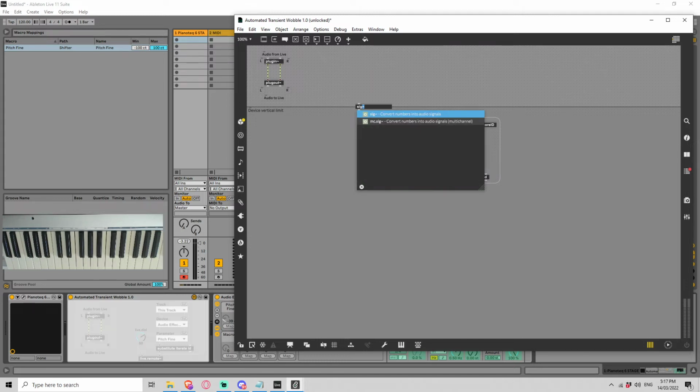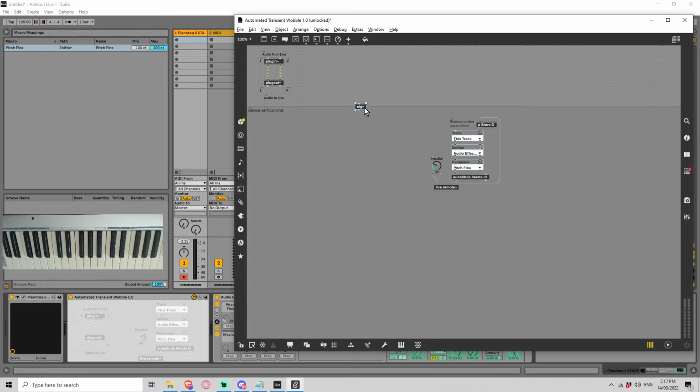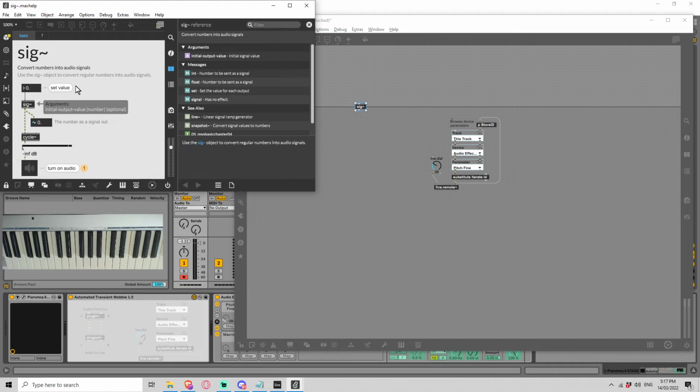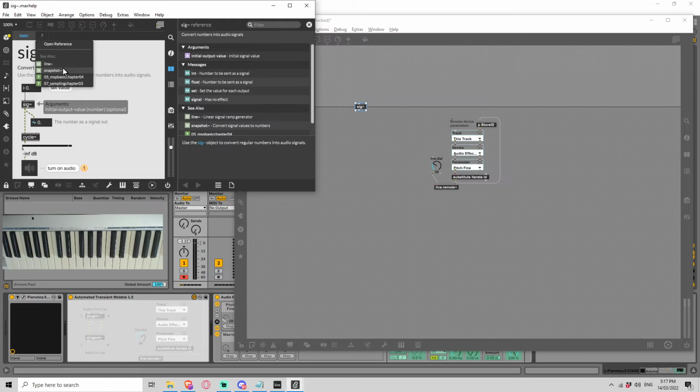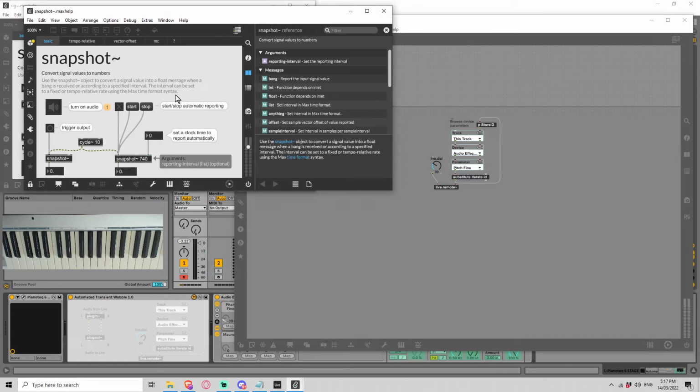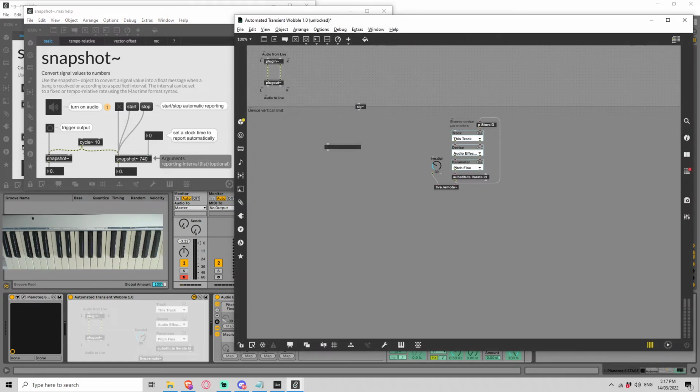So let's go... What's the opposite of a signal? I'm forgetting what the objects are today. Will this tell us? Line. To generate a signal or ramp envelope, no. Snapshot. So if I go snapshot, like so, and apparently send it a start, this should just take the audio signal coming in and convert it to a number. I think I'll give it a toggle box so it looks a bit easier. So if I send the audio from this to this and send this into a message box,